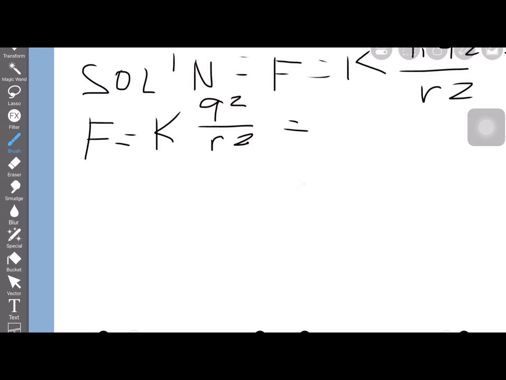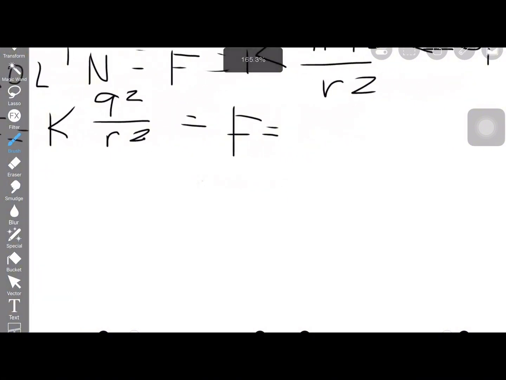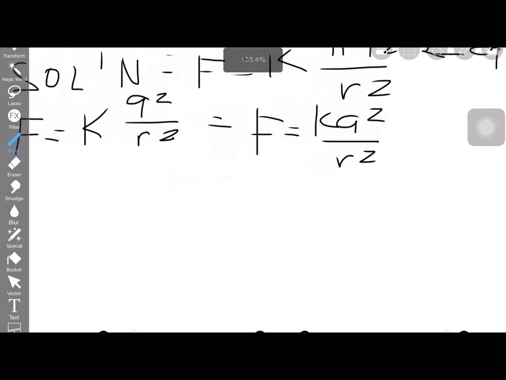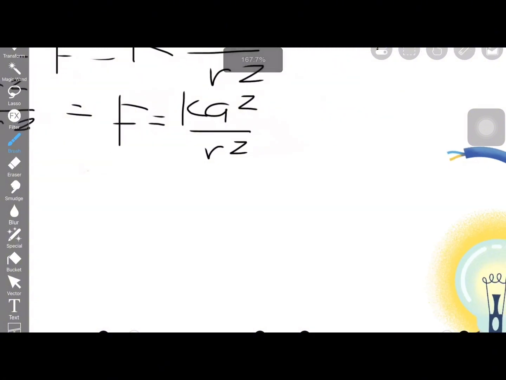F is equals to KQ squared all over R squared. Again, this is basically the same thing since, as you can see, this would be 1. So when we multiply it further, it will only become KQ squared all over R squared, which would equate to,